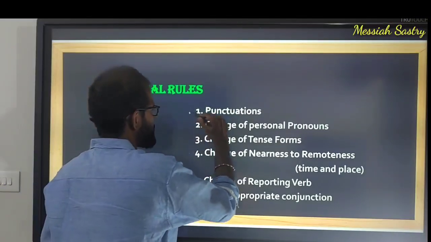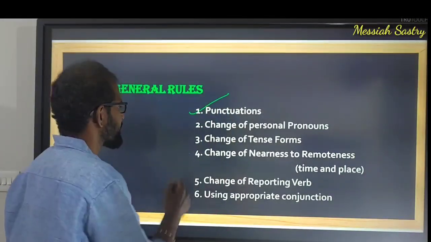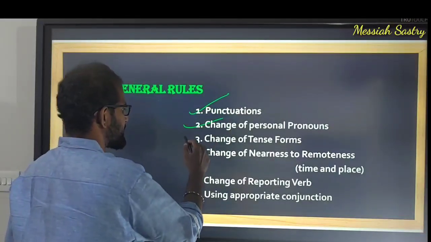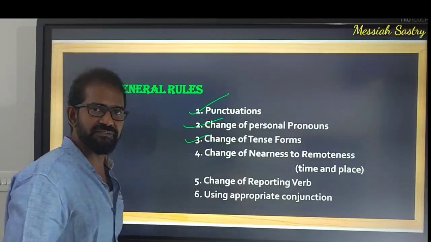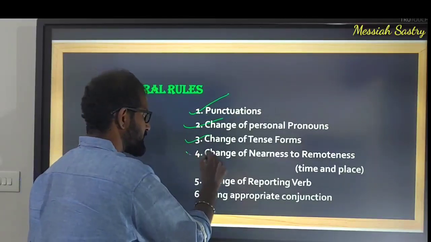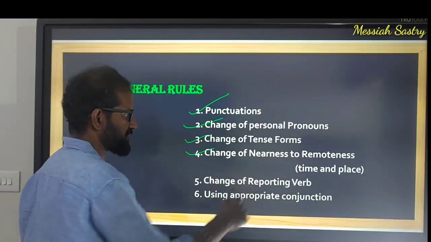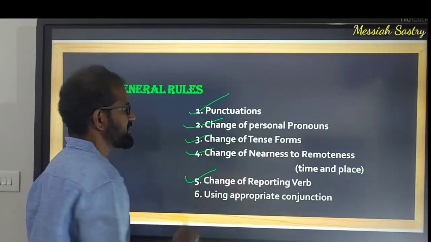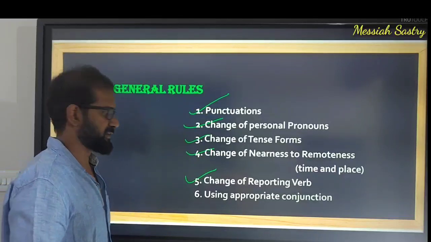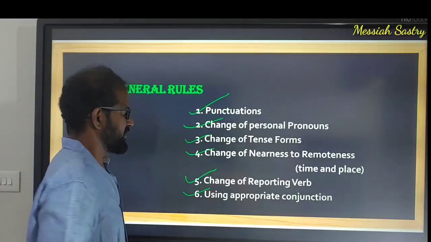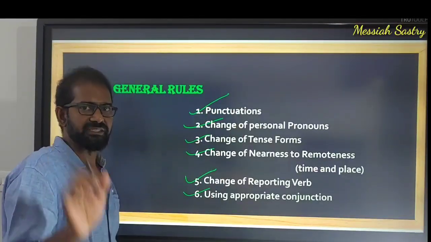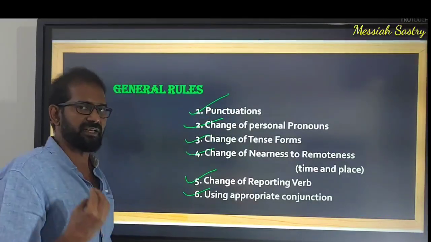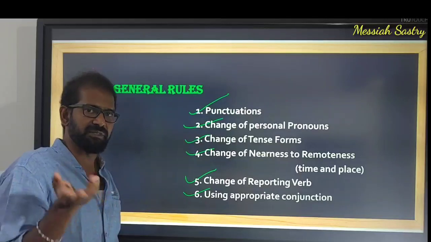First, punctuations. Next, change of personal pronouns. Third, change of tense forms. Fourth, change of nearness to remoteness, time and place. Fifth, change of reporting verb. Sixth, using appropriate conjunction. If you are familiar with these 6 points, then any kind of sentence can be transferred